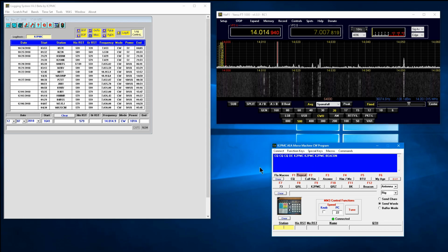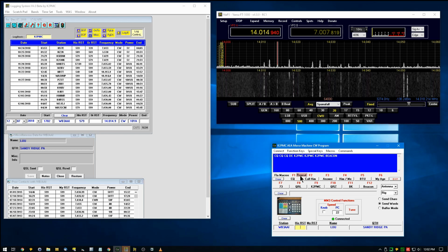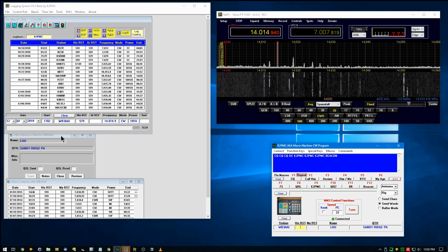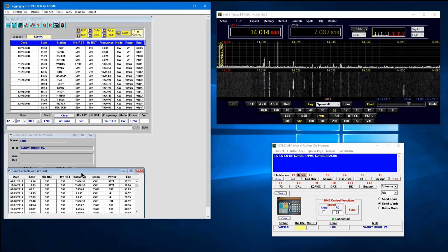Now, the method in which it communicates with the logging system is different. The logging system and CW program communicate via a method called dynamic data exchange, and basically they're sending vital information back and forth between each other. For example, say I'm working a station, let's just say this fellow calls me, okay, WB3AAI. Now that information is sent to the logging system via dynamic data exchange, and it went back into my file and found that we worked Lou. Here's the number of times we've worked Lou in the past, okay,